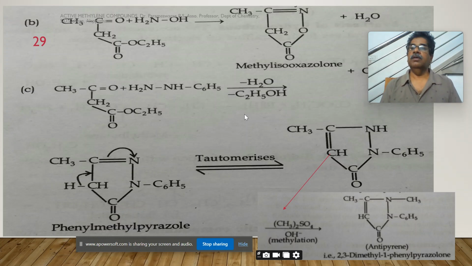Simply, it is used for the synthesis of monocarboxylic acids, synthesis of dicarboxylic acids, synthesis of unsaturated acids, synthesis of keto acids, synthesis of ketones, synthesis of substituted ketones or higher ketones, synthesis of 1,3-diketones, okay, then synthesis of